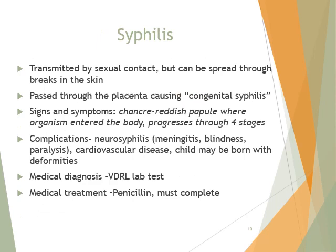So let's talk about syphilis. It's transmitted by sexual contact, but can be spread through breaks in the skin. So we need gloves. It can pass through the placenta, causing congenital syphilis. So this would be in the blood, and would pass through the placenta to the baby. Signs and symptoms: the first symptom is a chancre, which is a reddish papule where organisms enter the body, and it progresses through 4 stages. So let's look at that on page